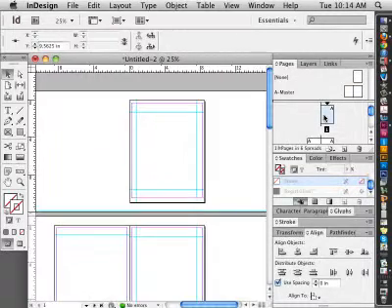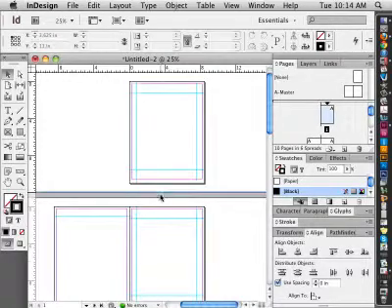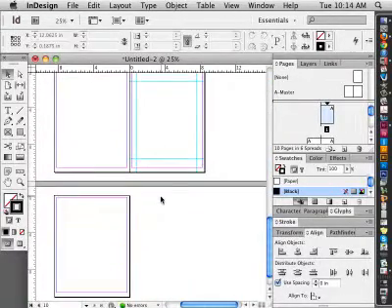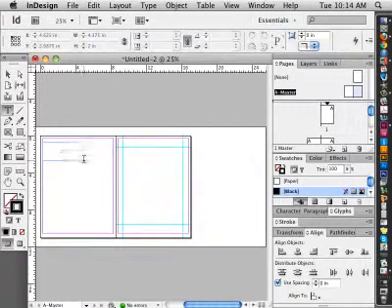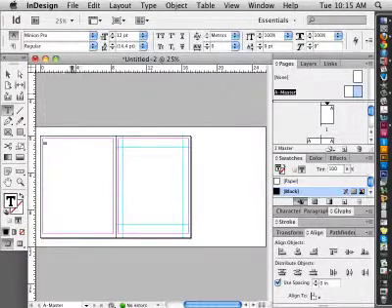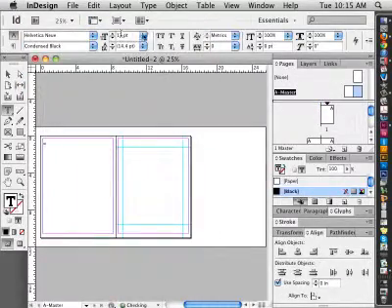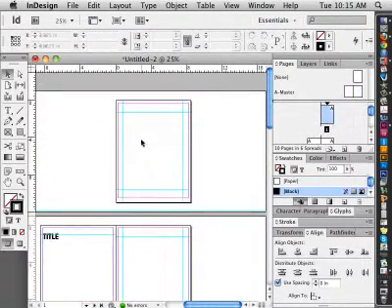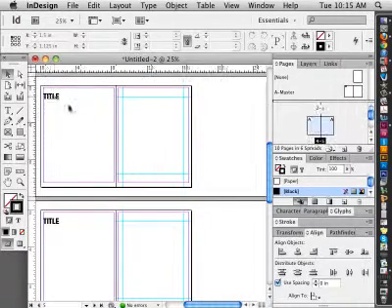And then if I click into page 1, you can see that every right-hand page now has that same set of guides on it. On the left-hand page, maybe I want to have a title. I'm just going to make it big so you can see it. And then I'm going to click into my pages, and now on the left-hand side I have a title on every page. I don't want it to say title on every page for this example, so I can click on